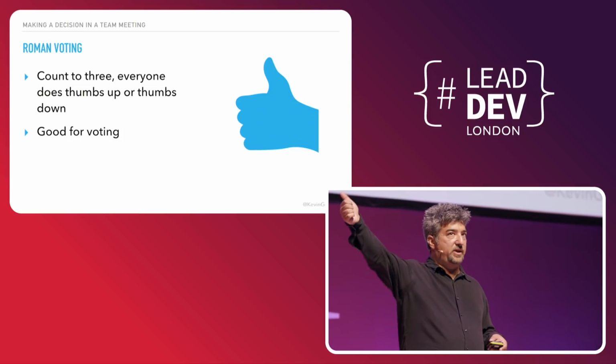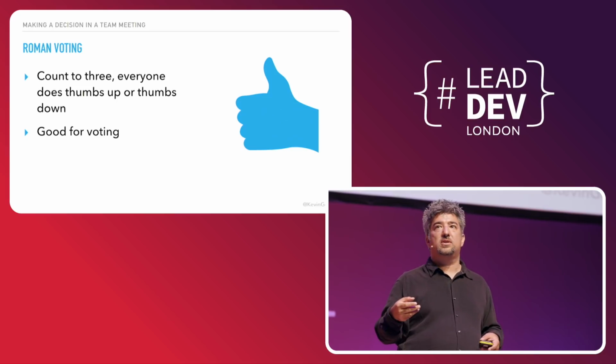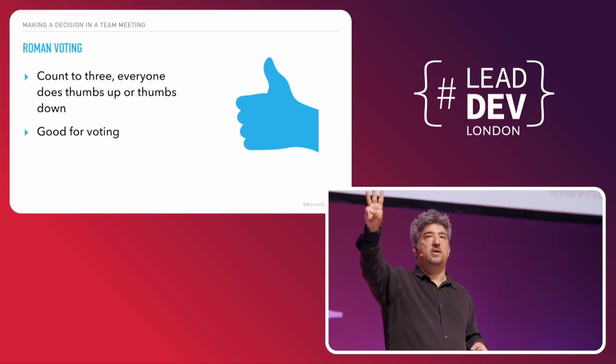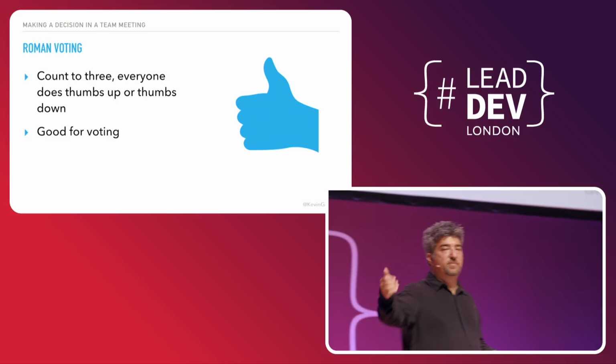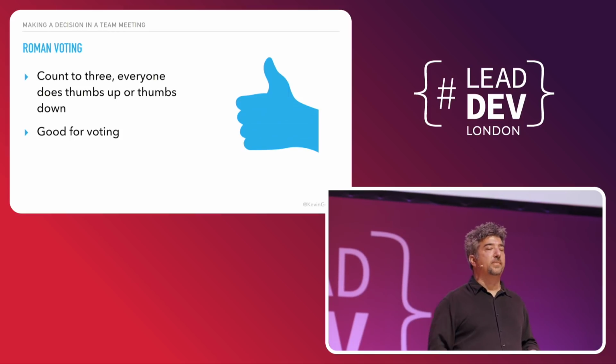I like that. It's very clear for voting. You can't say, well, we're going to vote on doing this thing, let's fist of 5, because then what does this mean? Is this yes or no? So it also makes it really clear. We Roman vote, and we poll with fist of 5.